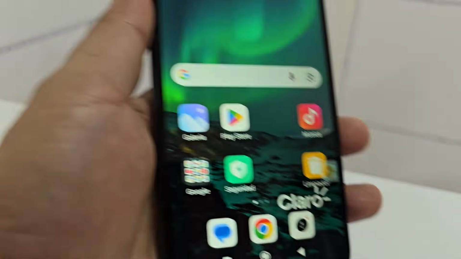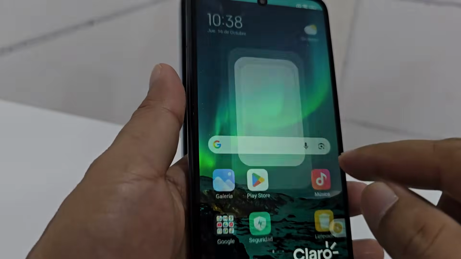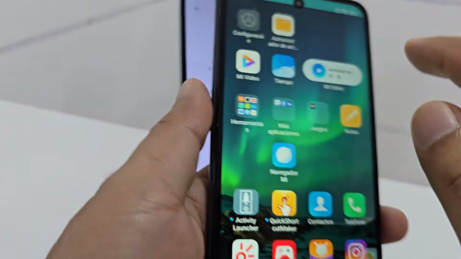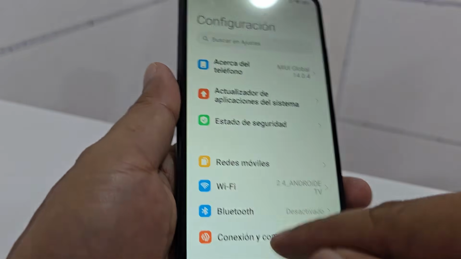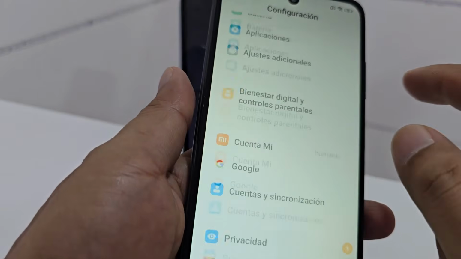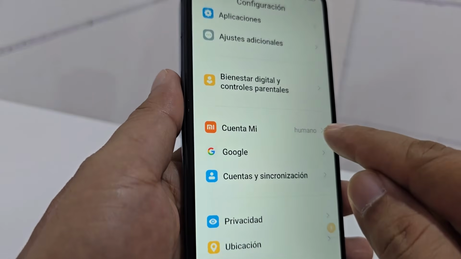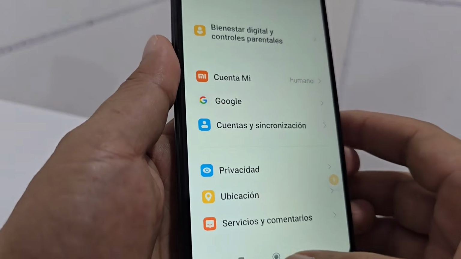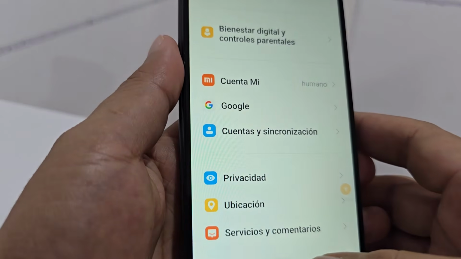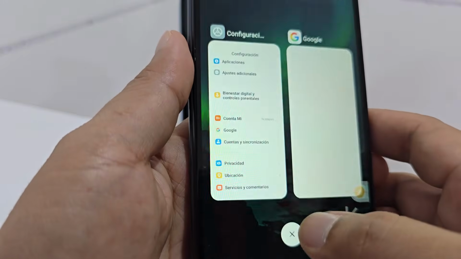Well, having said that, then what we're going to do is have another Xiaomi phone. What are we going to do? Let's go here to settings. Go to settings. Here we're going to look for the account. We're going to create a Xiaomi Cloud account. Here it is. Create a Xiaomi account, an MI account. Then when you create the MI account, well, first we're going